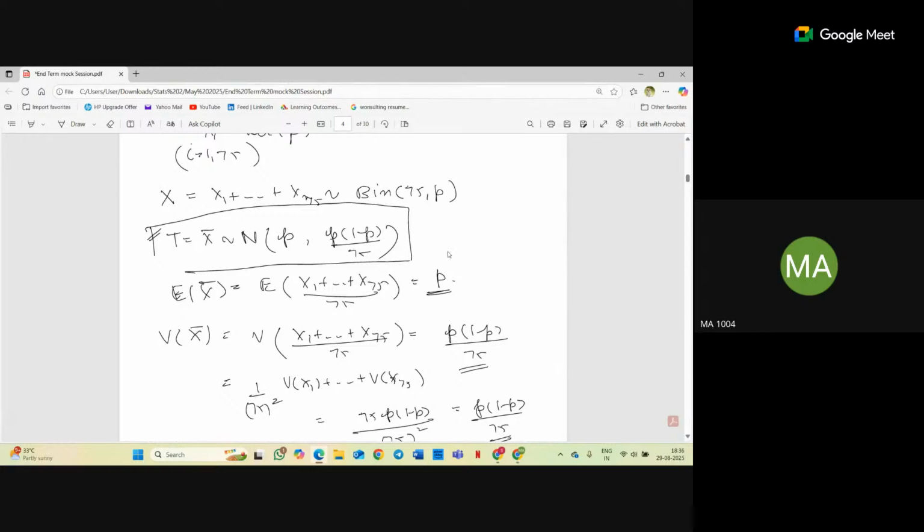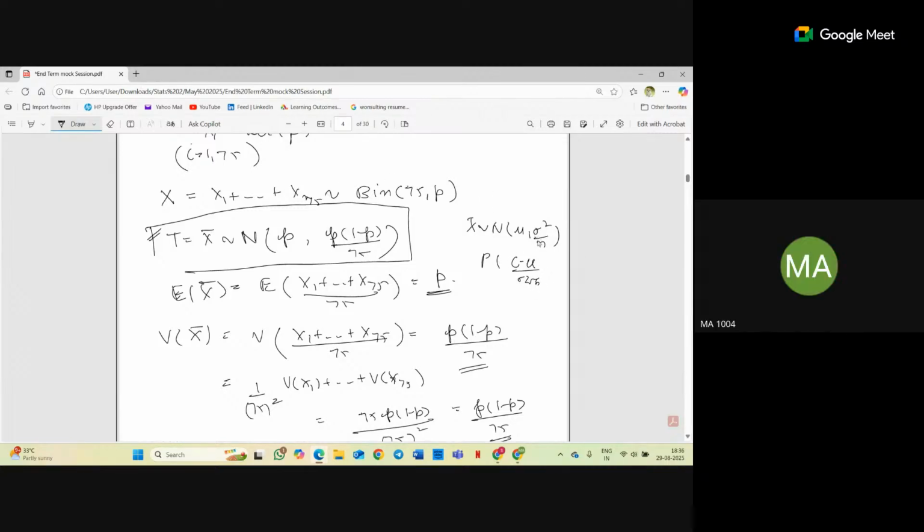If you don't know how to put in the values, just calculate the expectation of x bar and the variance of x bar. So that is the value of expectation and variance. Now you have x bar following normal with mean p. In the general process, my x bar was following a normal distribution with mu comma sigma square by n, right? Then we standardized by x bar minus mu divided by sigma by under root n, correct? This is the general thing.